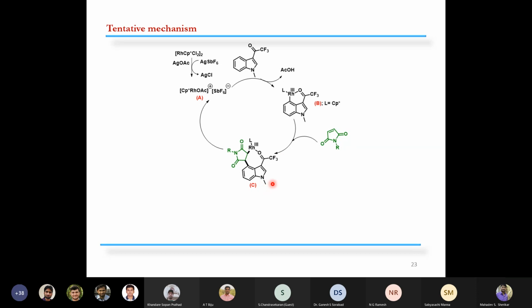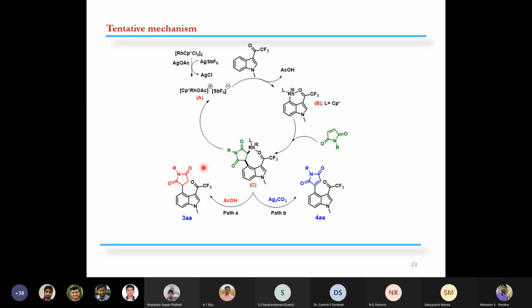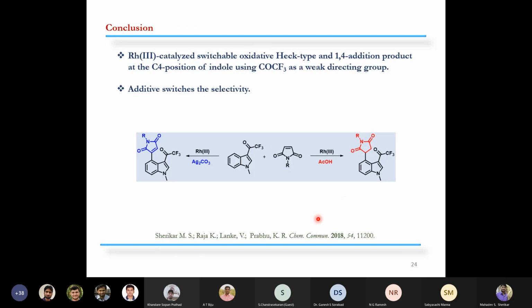The intermediate C, in presence of acid, as I told, acid will quench this intermediate, and that is called protodemetalation, and we will get the 1,4 hydroarylated product. While in presence of base called Ag2CO3, it will promote the E2 type elimination, and we will get the HEC type product at the C4 position of indole. So in summary, we have developed the rhodium catalyzed switchable oxidative HEC type as well as 1,4 addition product at the C4 position of indole by using COCF3 as a directing group. The most important is the additive is playing a role for switching the